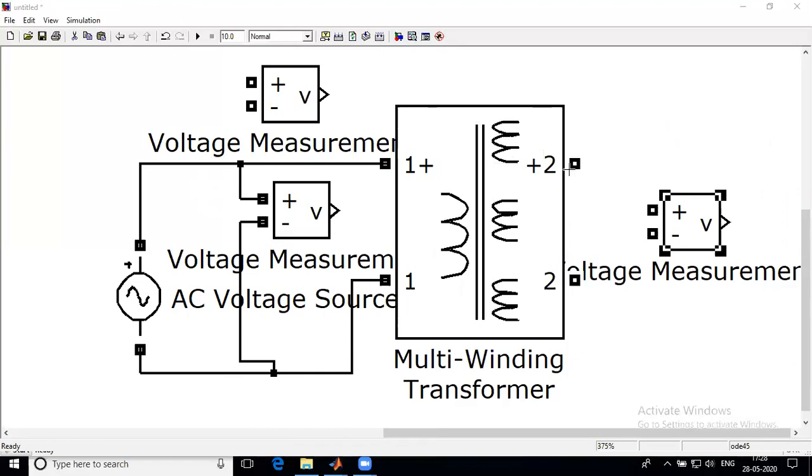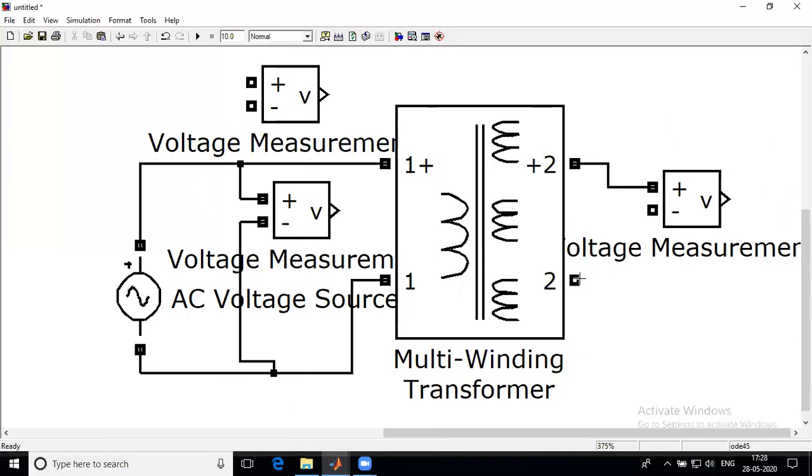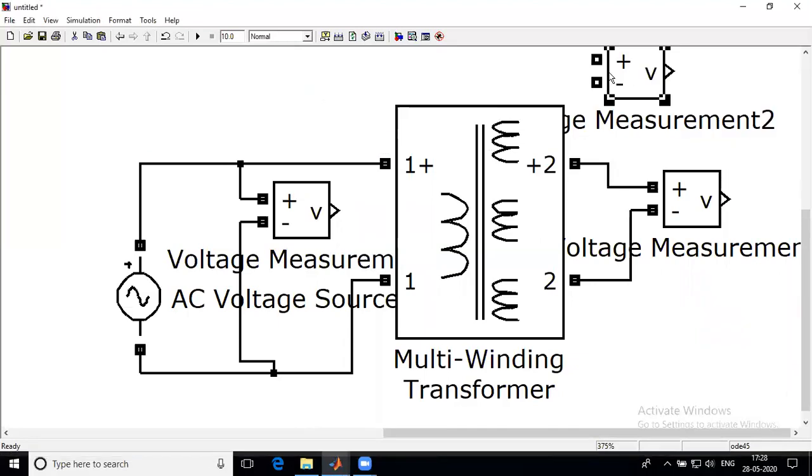Next one is the secondary winding, which is also connected across the voltmeter, another voltmeter. And there is a third voltmeter. Before starting it, observe here, there are the 2 polarities or 2 terminals across the primary winding